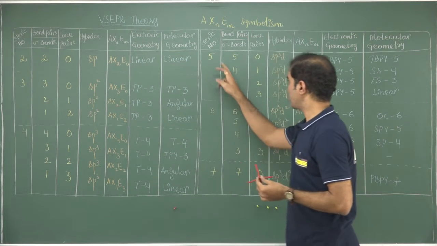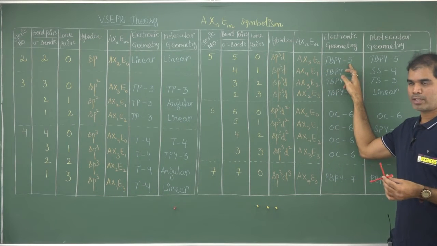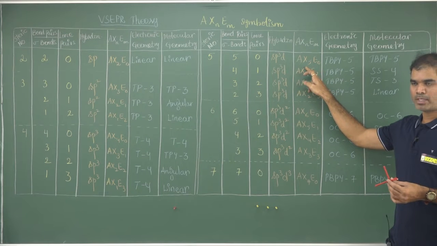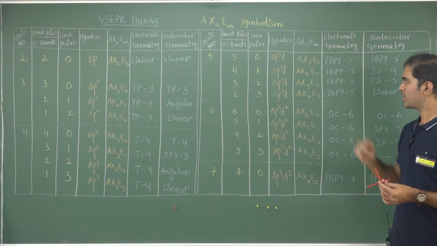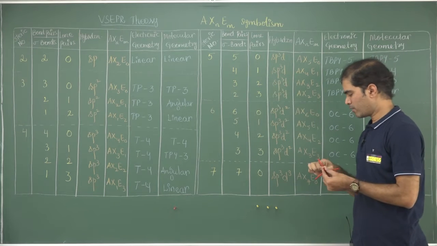This trigonal bipyramidal geometry is abbreviated as TBPY5 according to IUPAC. AX5E0 is the symbolism. 5 bond pairs are present, 0 lone pairs are present. Next I am taking one lone pair. So whenever I am choosing one lone pair,